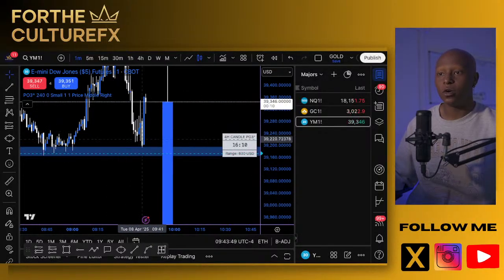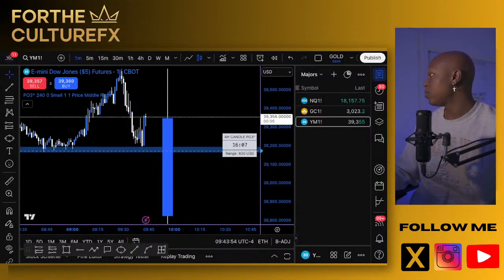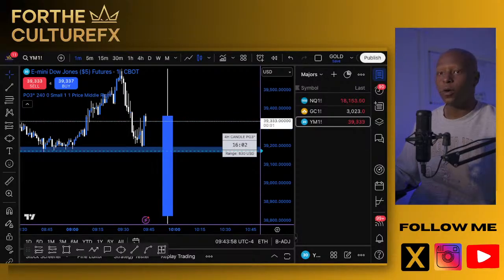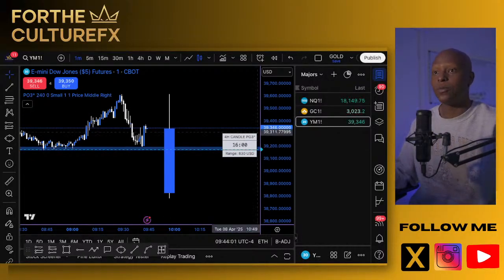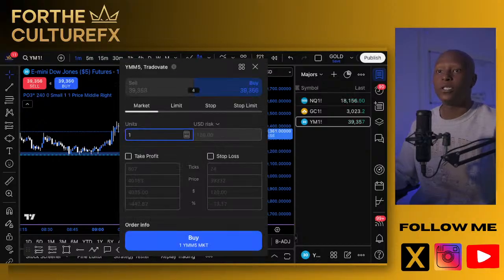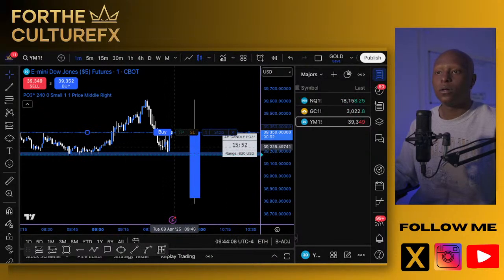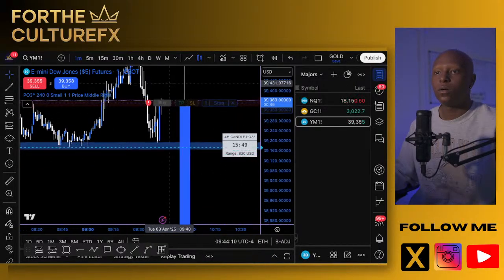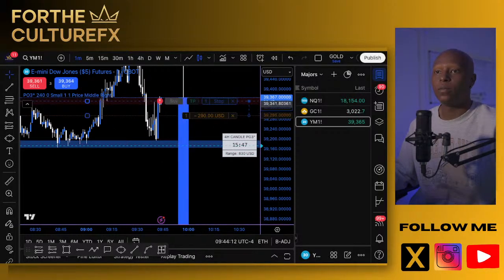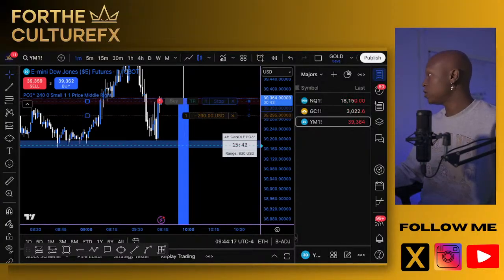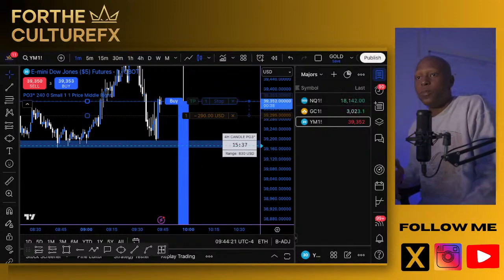So we had this low get taken out here. We had this high get taken out. This is prime for buys, right? Prime. So we got a minute into this 5 minute candle closes here. We'll be looking for buy positions here. Stop on the YM following this 5 minute candle close, which closes here in the next 40 seconds. So I'll be looking for the first 1 minute bullish candle to close.